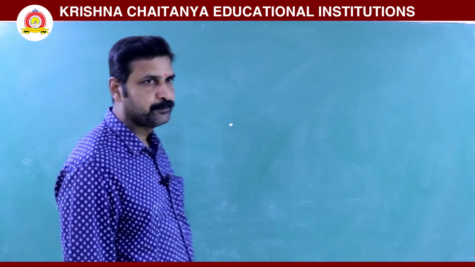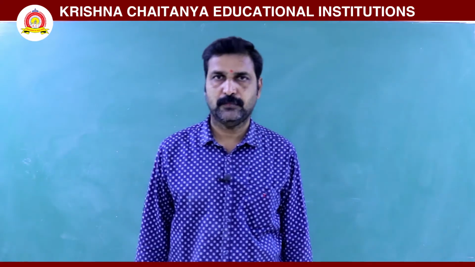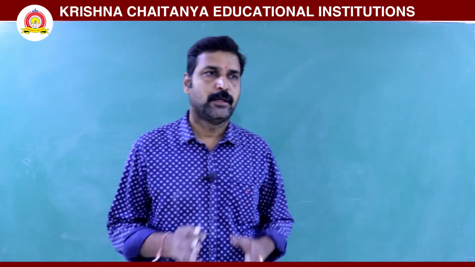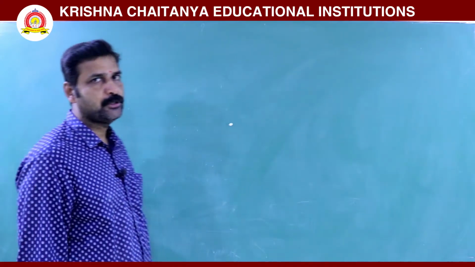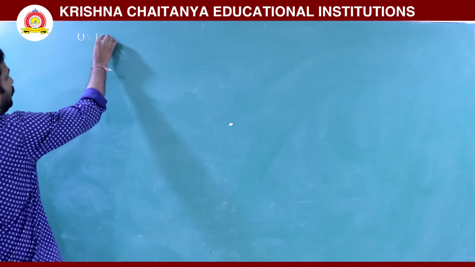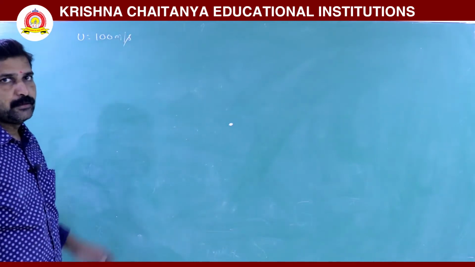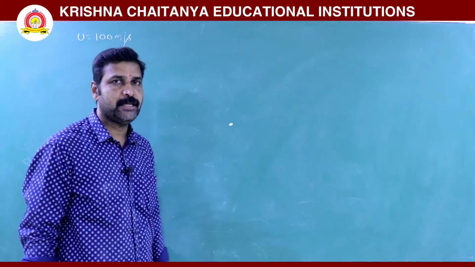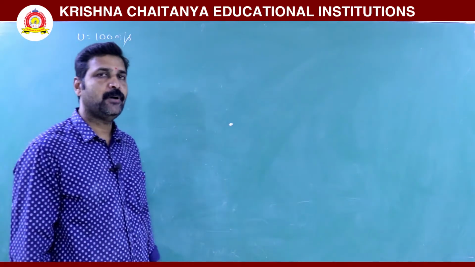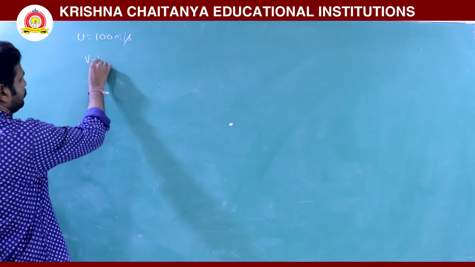Good morning students. Today we discuss various graphs. A body is projected vertically upwards with an initial velocity of 100 meter per second in the upward direction, and you are asked to draw the VT graph,